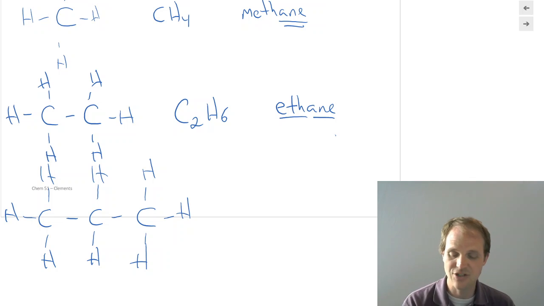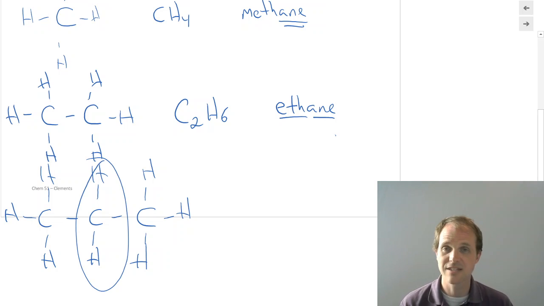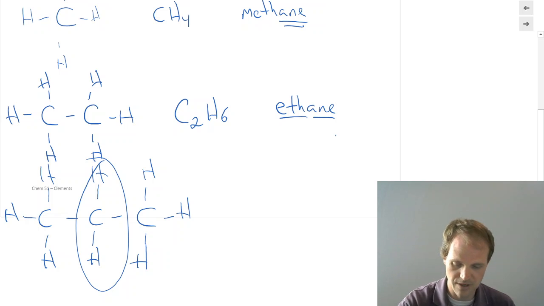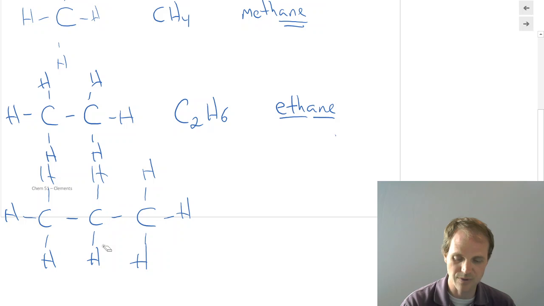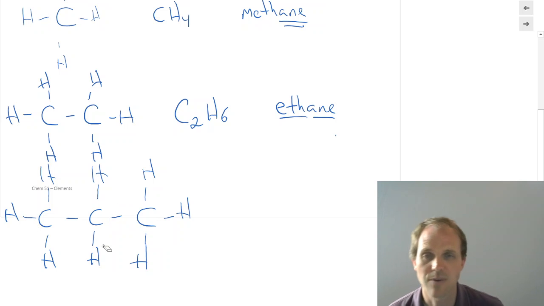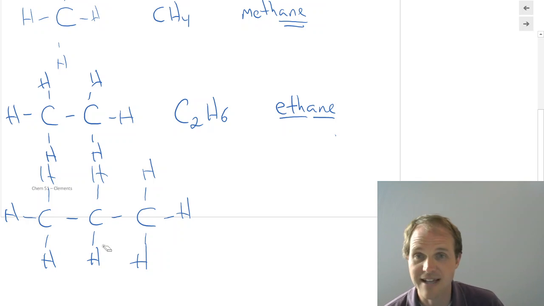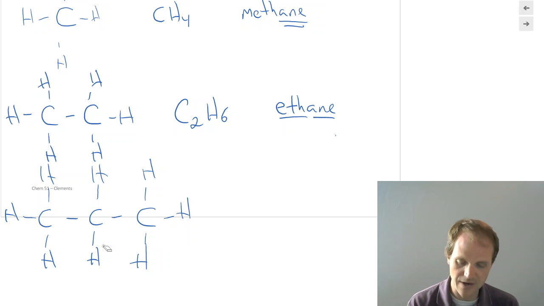CH3 on the left, CH2 in the middle. Why only CH2 here? Why not CH3? Because carbon always makes 4 bonds. We already had 1 bond to another carbon here. We had 1 bond to another carbon here. So we only had room for 2 hydrogens. So we always got to count those 4 bonds because that's just what carbon does. All right, our formula here,